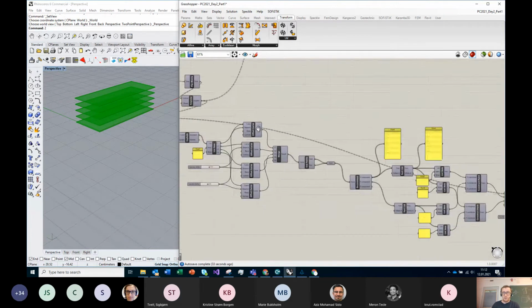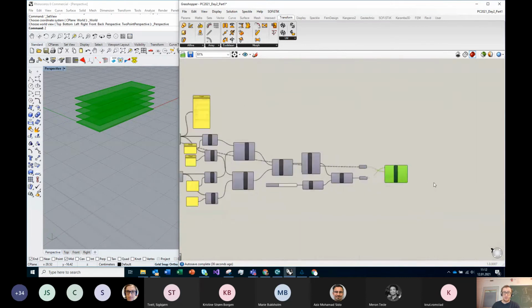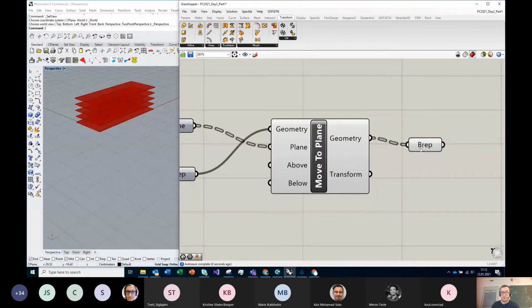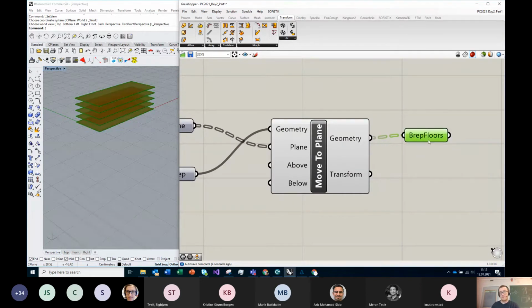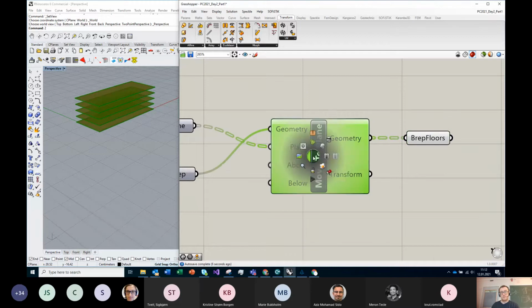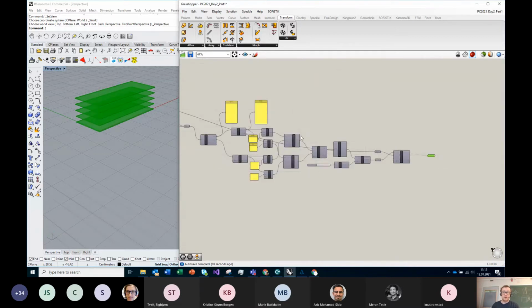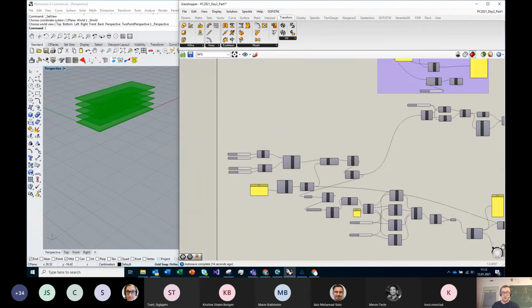So I will have the move to plane geometry. I will make a B-rep. This will be my floors. I have them here. And I also need my